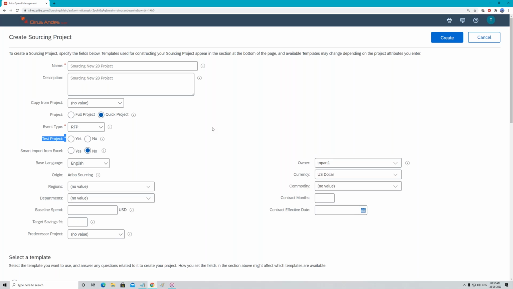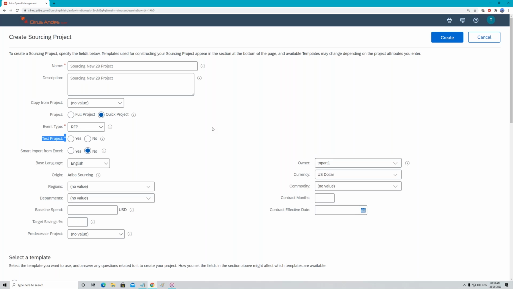There you will ask, okay Manoj, so for Ariba network also there is a development, quality and production landscape? And I will say no. Ariba network by default has one URL and that is production. So you will ask, Manoj, how are you going to create a supplier for development and quality?